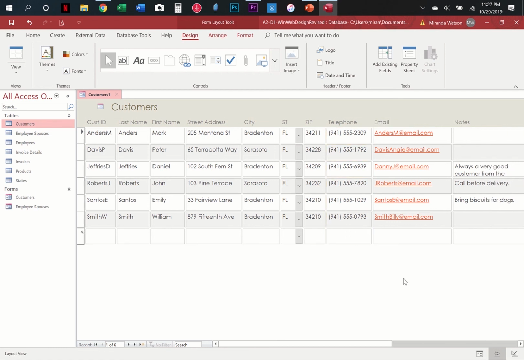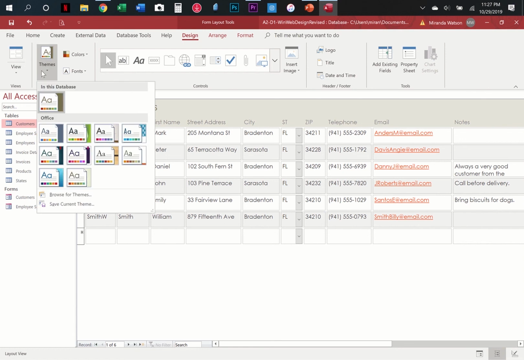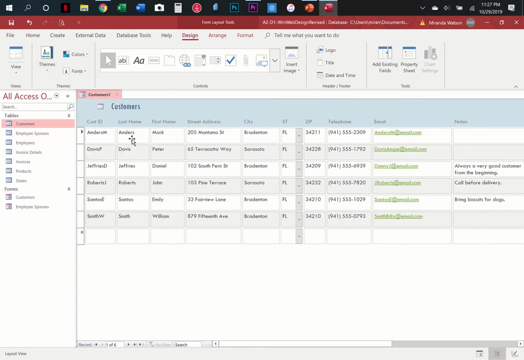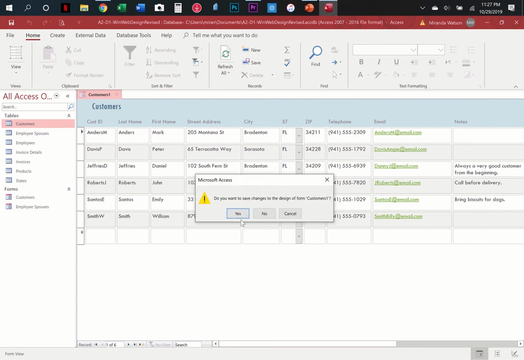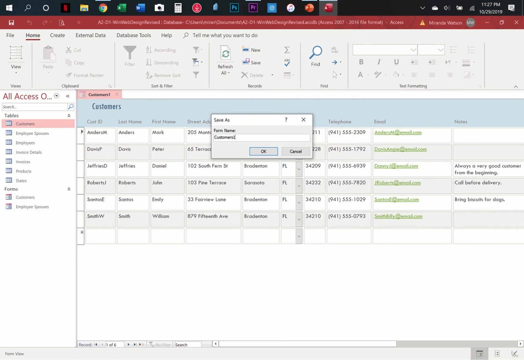All right, that's pretty decent. Maybe we could create a new theme. Try a different one completely, even though I would keep the same one throughout the whole database. In this case, we're not. And then the book asks you to get rid of this little default logo there because it's ugly. So just click on it and hit delete on my keyboard. Now I can switch to form view and see what that looks like. Looks pretty good. So when I close it, I want to save it, but I want to name this customers